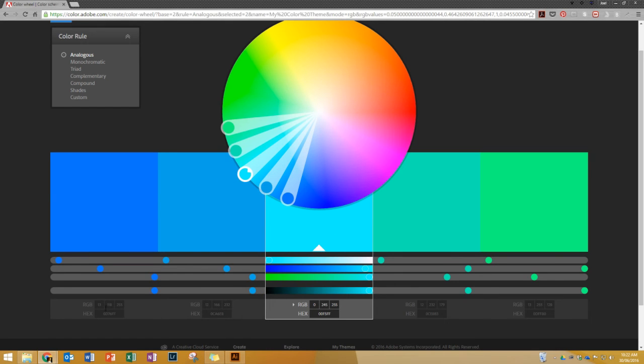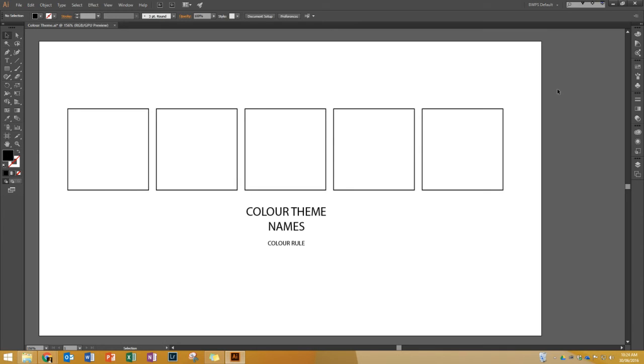So that's what I would do. So we were going to write these down, and then we're going to jump over to Illustrator, and we're going to have a look at the one that I have created. So now what I've done is I've jumped into Illustrator, and I've got this file that I've already prepared,